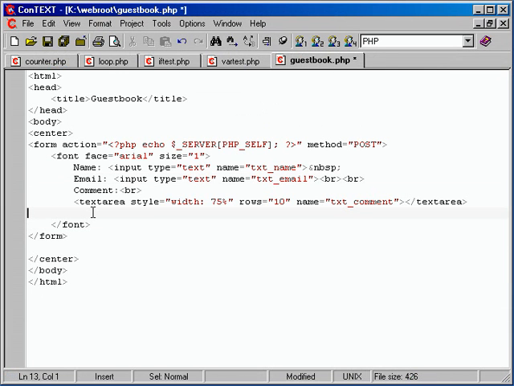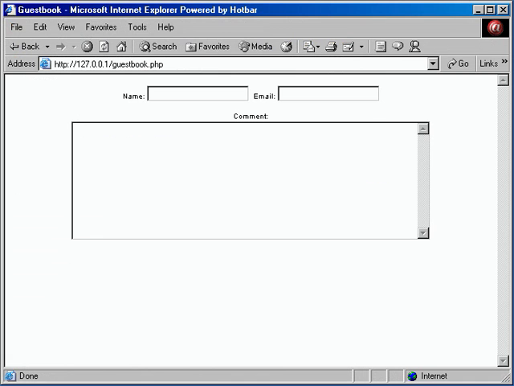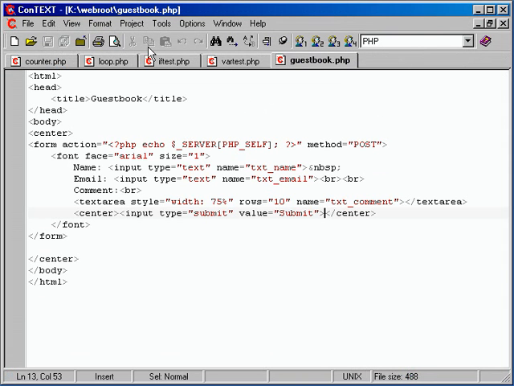Just go in and add the actual submit button. So I'm going to put this inside of a center tag to keep the submit button centered. Refresh that. There we have the actual submit button, and click it, and it goes to itself, meaning that the